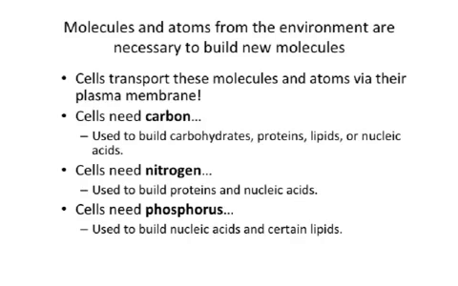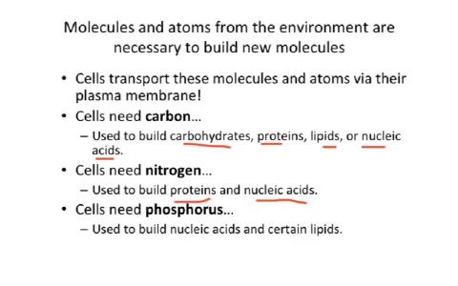Cells need carbon in order to build carbohydrates, proteins, lipids, and nucleic acids. Remember, these four are your four organic molecules, and so cells need carbon in order to build these things. Cells also need nitrogen to build proteins and nucleic acids. If you remember the monomer of a protein, it's an amino acid, and remember they have nitrogen in the very middle of the amino acid. And then your nucleotides contain nitrogen bases, the adenine, thymine, guanine, and cytosine, so obviously cells need nitrogen to build